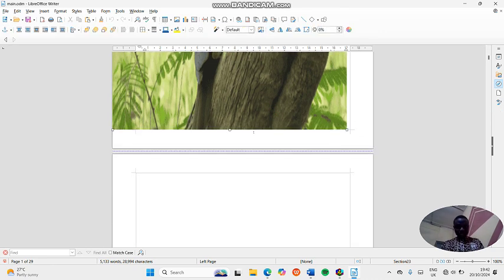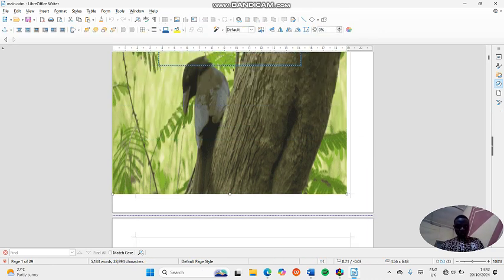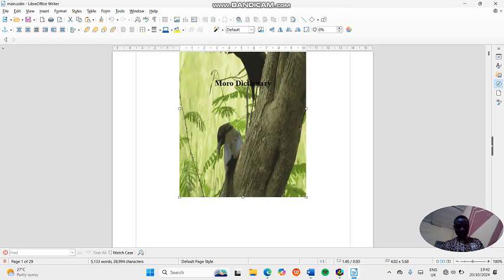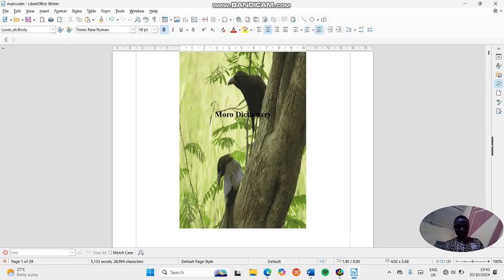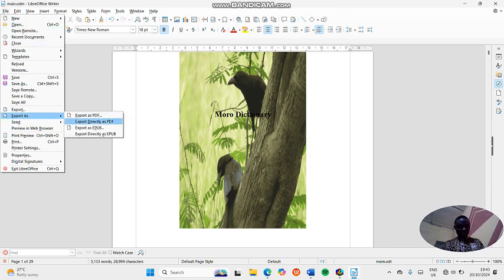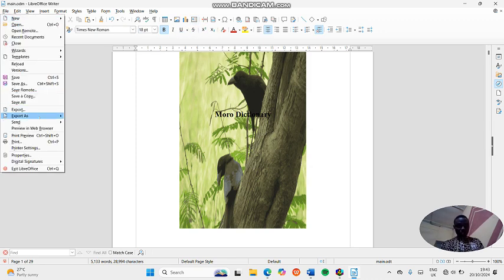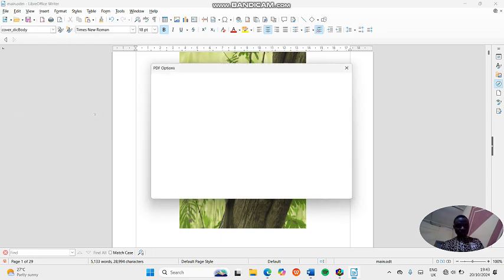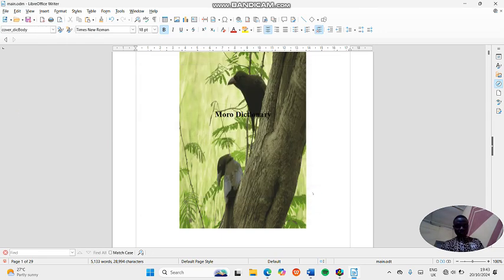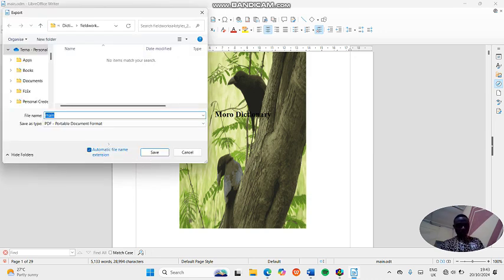This image, of course, I can still move it. I can still adjust it if I want to, and I could still add notes underneath if I want. But outside that, then I can say export as PDF. You can still play around with it, but for you to add anything, usually it will only ask you to use a text box in LibreOffice. So this is LibreOffice, of course. To do more, then we just export as PDF. Once we export as PDF, we have